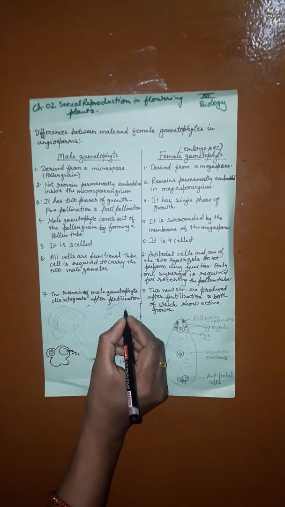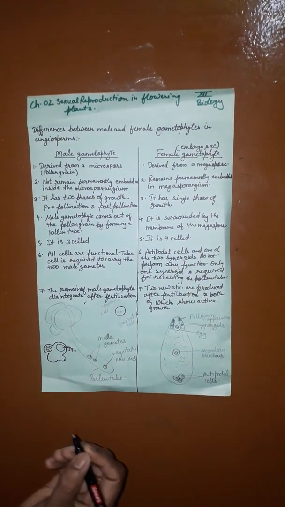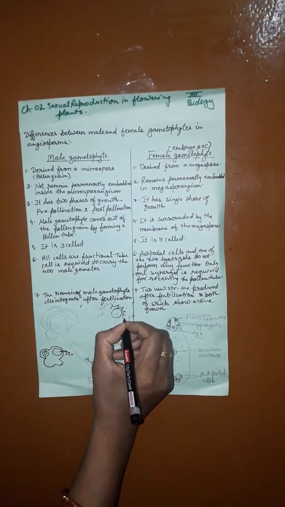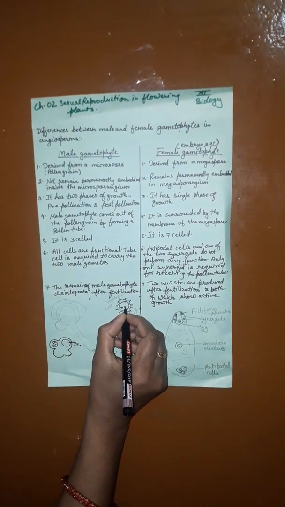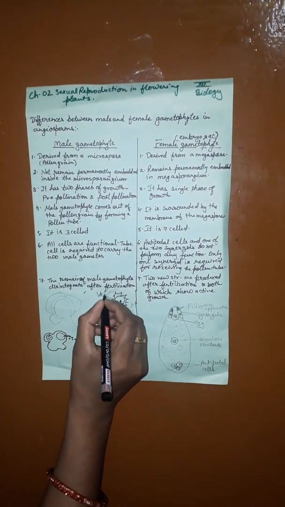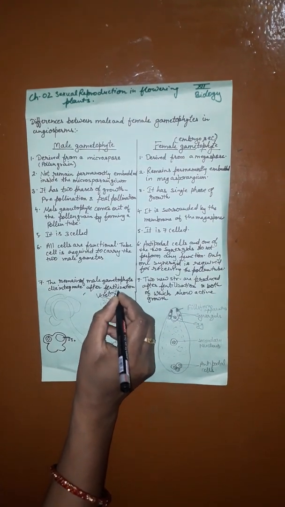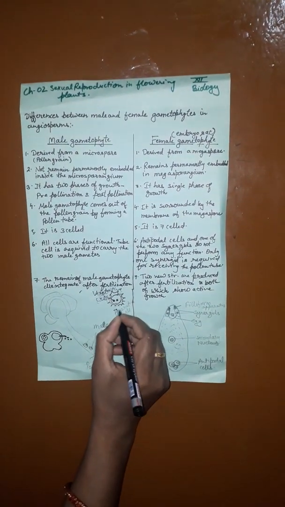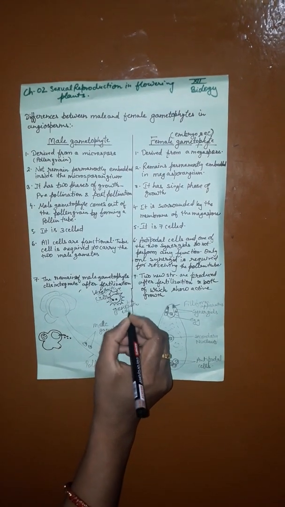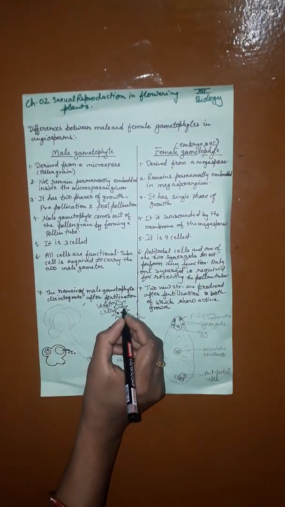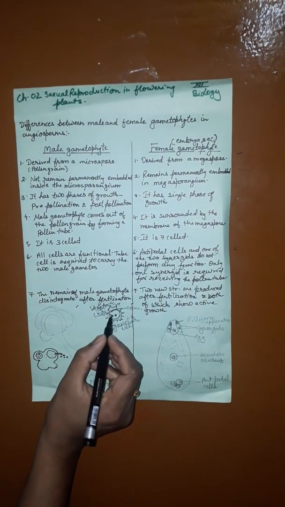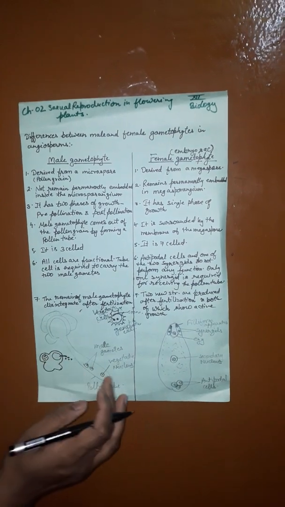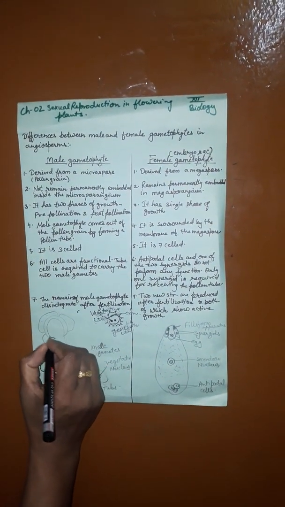This is the structure of the pollen grain. This is the intine, the inner structure, and this spike-like structure is called the exine, the outer membrane. It has two nuclei, one is the vegetative cell and the second is the generative cell. These are the two membranes, the inner one is intine and the outer one is exine. It is a three-celled structure. Why three-celled? After the development of the female gametophyte, the pollen grain germinates and forms the male gametophyte.